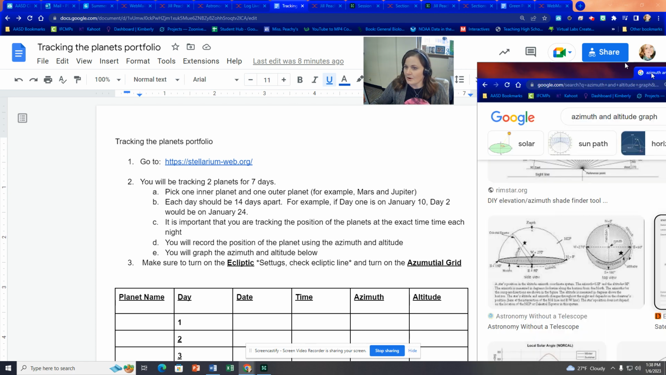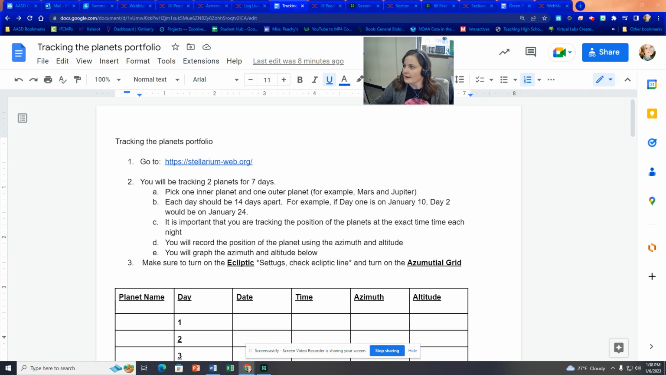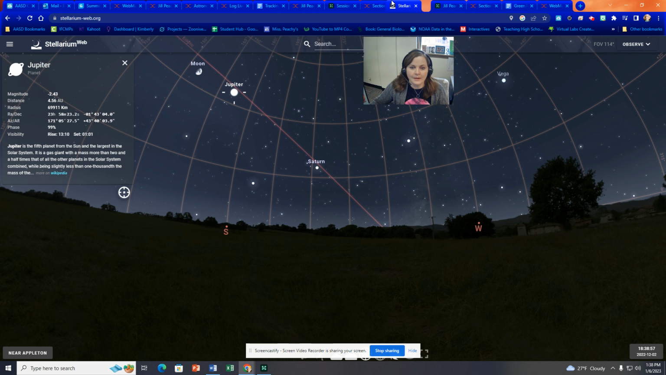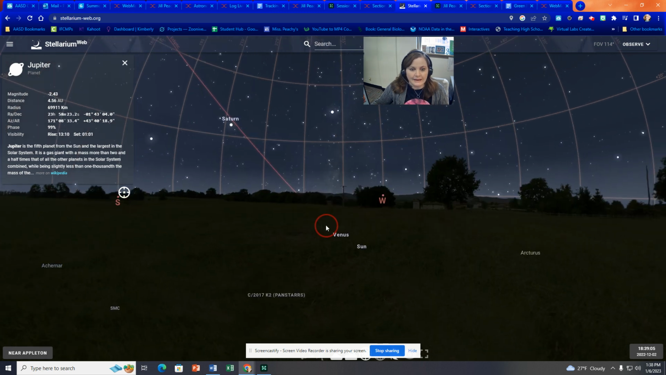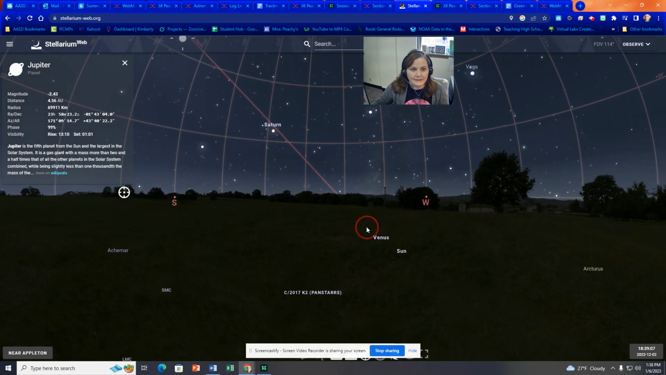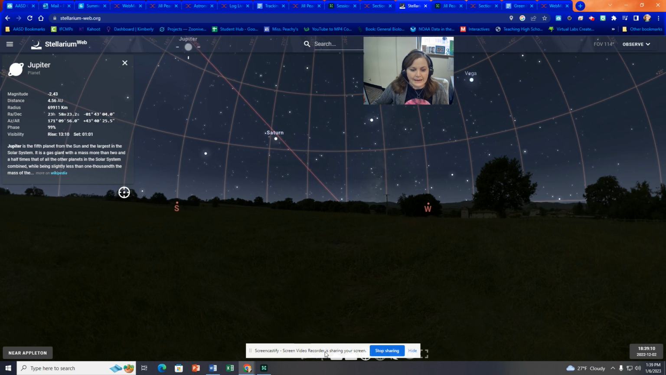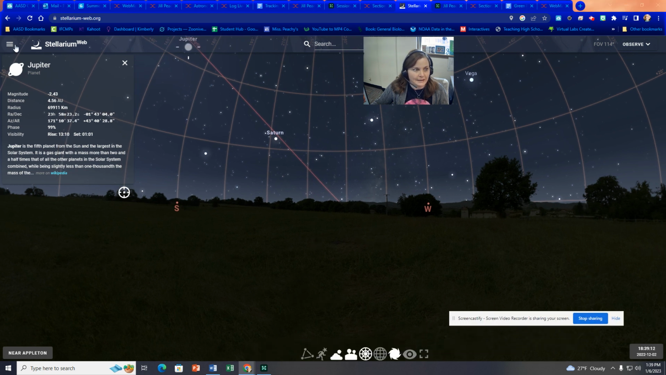So I have the program opened. Oops. Let's get that open here. There we go. I just bring it over to the screen, and I have it currently set for December, which it is not December currently, but that's what I'm setting it for. And you're just going to have to find the planet. So what I suggest is turning on the